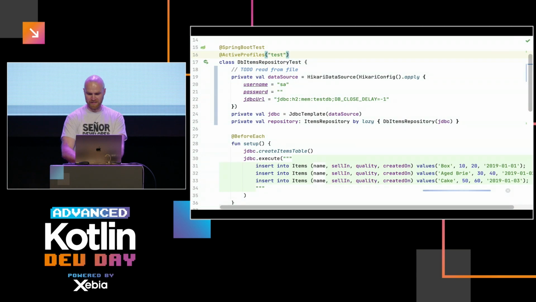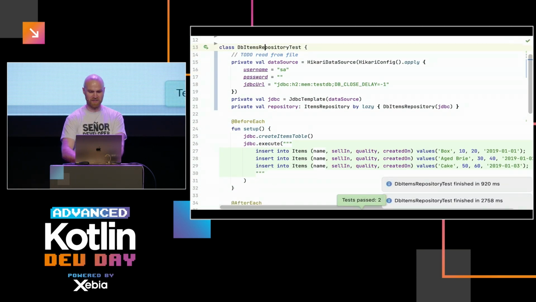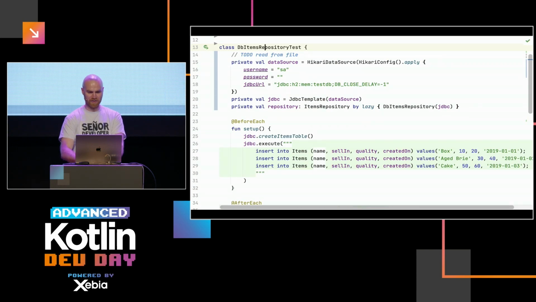And how long does it take? Probably 2.7 seconds. If I delete the annotations, it takes less than a second. This is cool. We don't need lazy here now, and we don't need this type. So I'll run all tests just to be sure, but it looks like a promising direction.